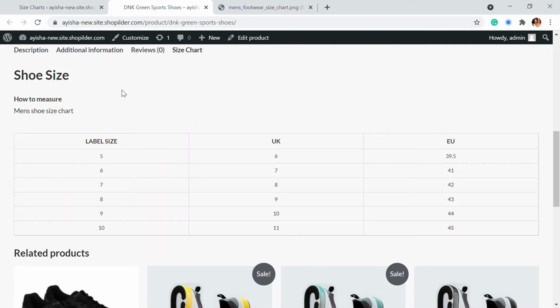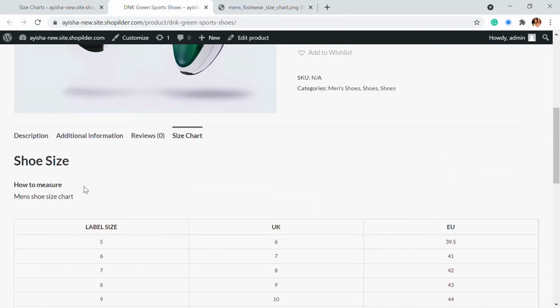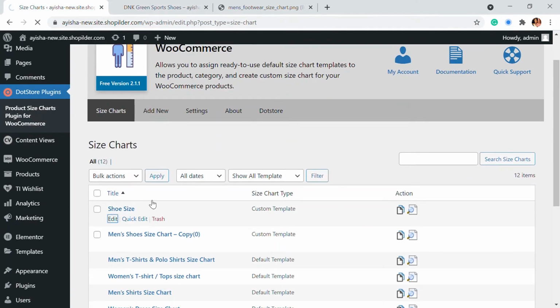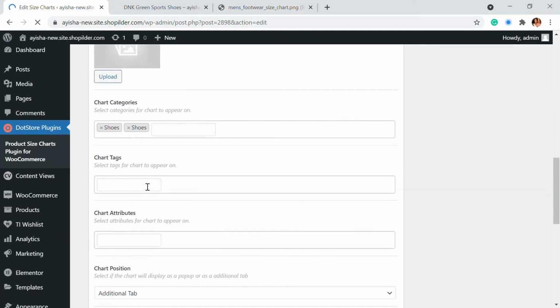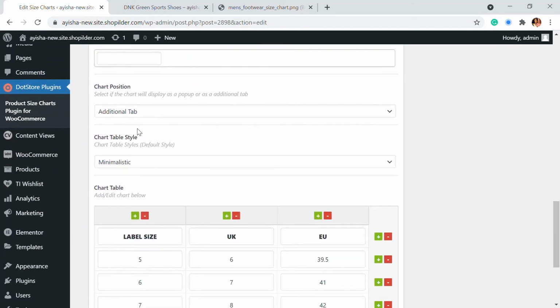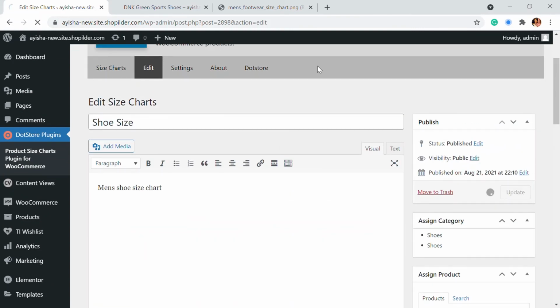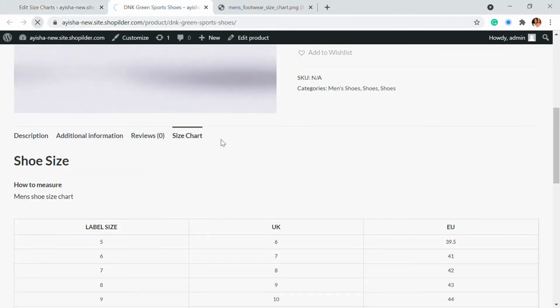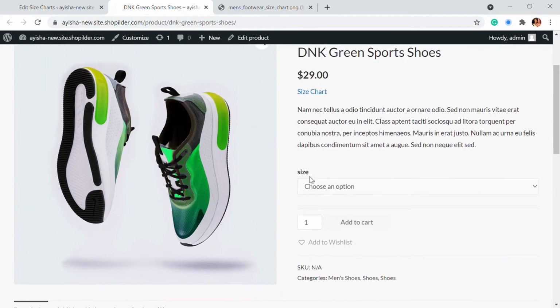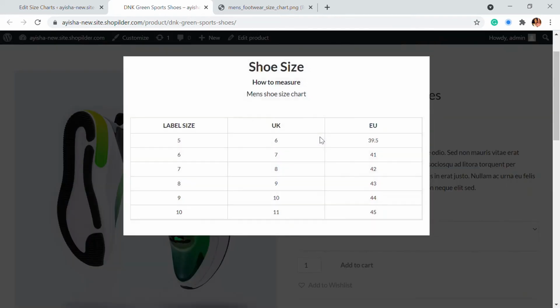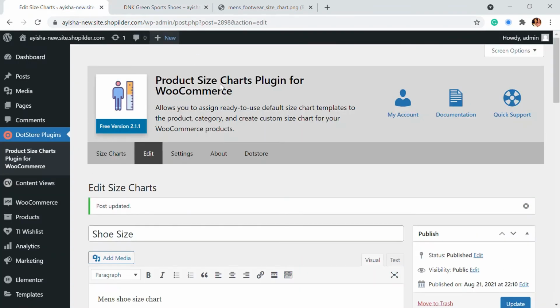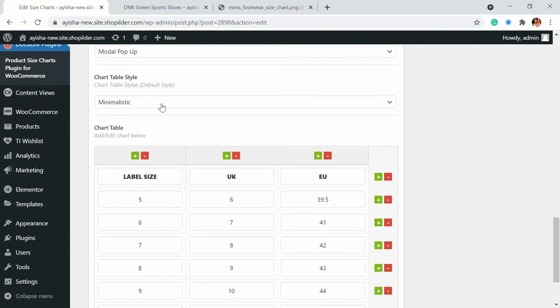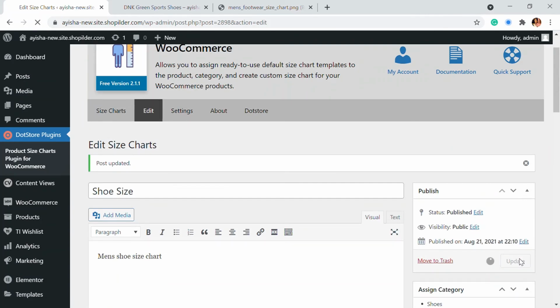You can make changes to how you want your size chart to appear. Here it's given in the additional tab. If you want it as a pop-up, you can click on edit, and we had an option of creating a modal pop-up. If I update this, here in this page you will be able to see a size chart right next to this, and if I click on it, a new pop-up appears. So this is one way, and if you want to make changes to the style, let's say I can just update this,